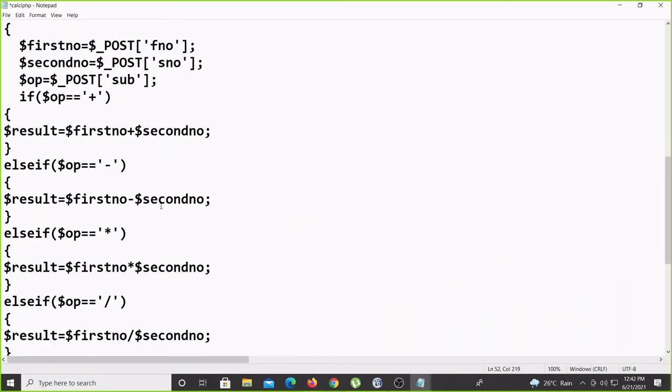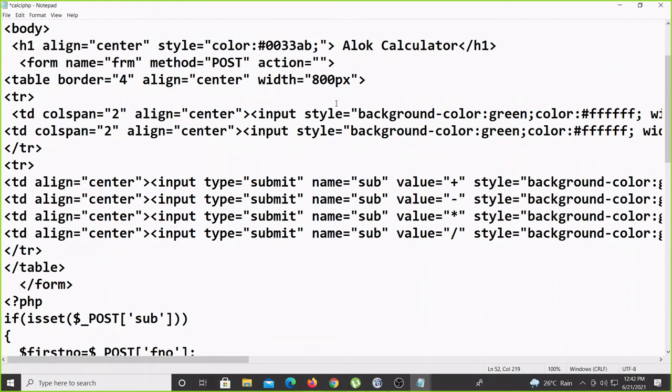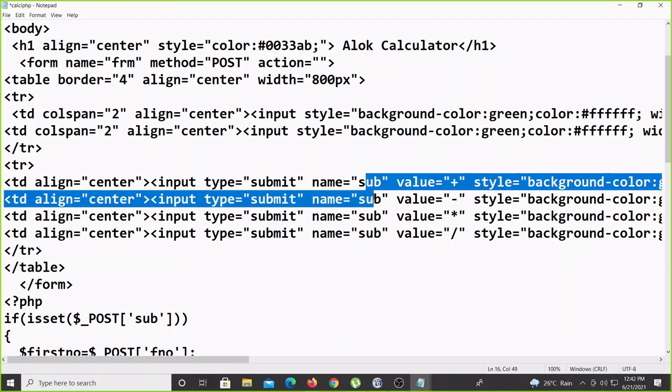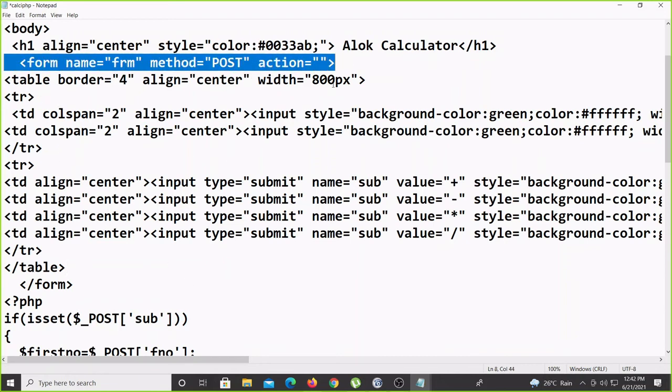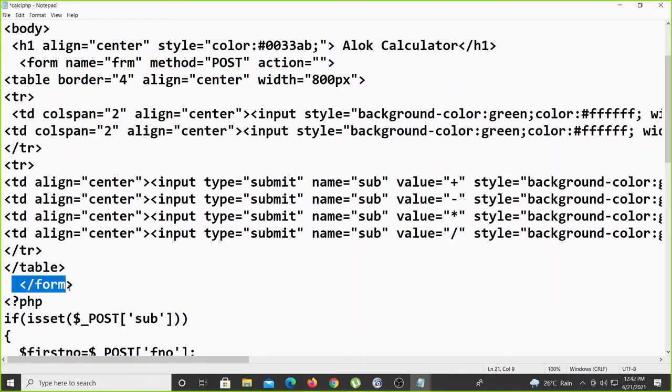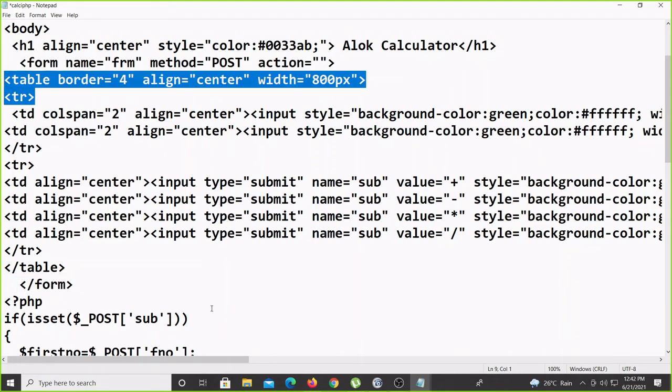Again I am repeating what I did, very simple. I took two input boxes and four submit buttons. All button names are the same and values are different. All of this is inside the form tag. Then again we put some design, so for designing purposes I used the table. Got it?